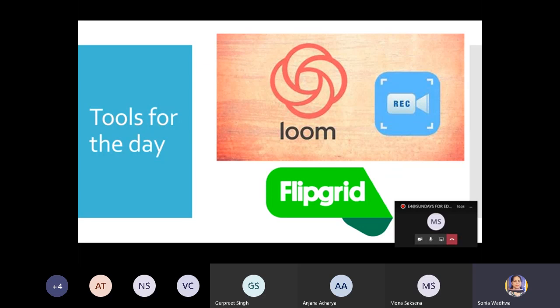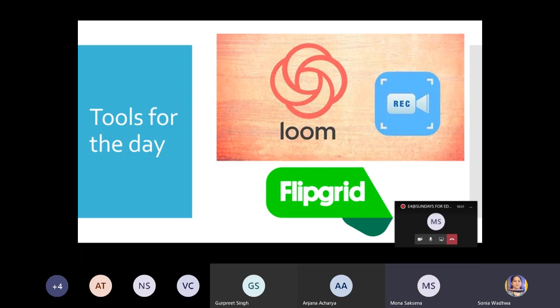Also, the disadvantage is that the feature is only available for PowerPoint 13 and 16 and the latest version. Those who are still using PowerPoint 7 or PowerPoint 10 are not able to do screen recording, and hence it's a disadvantage for them.